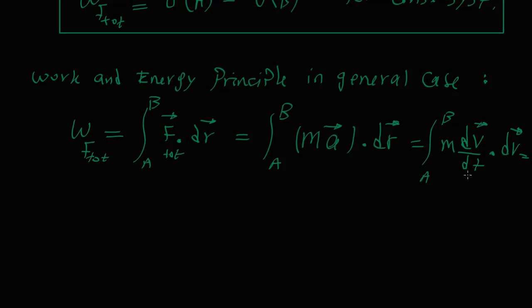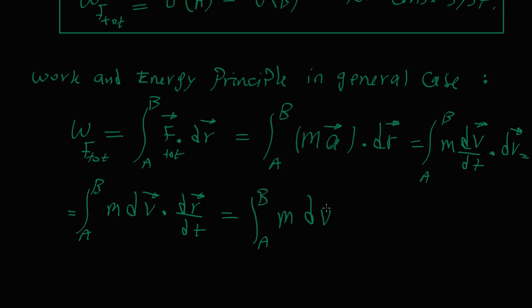So now this dt is just a scalar quantity. I can bring this to the denominator of dr. So I can also go ahead and write down the integral from a to b of m dv dot dr over dt. But dr over dt is v, that's the definition of velocity. So this is basically the integral from a to b of m dv dot product v, which is equal to